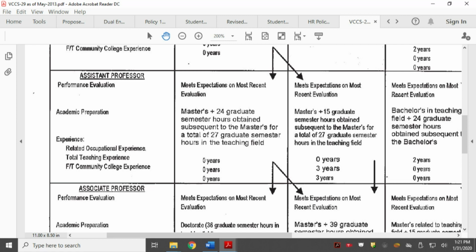I know at one time we were looking to expand the definition of teaching field, but when we went back to BCC,